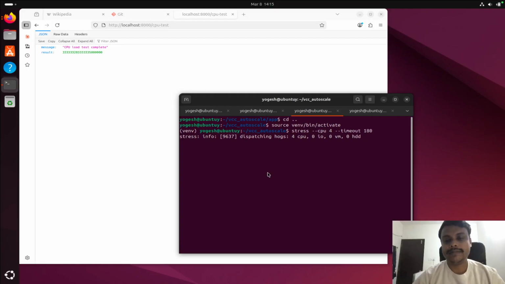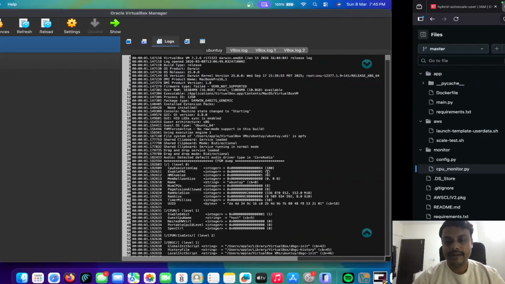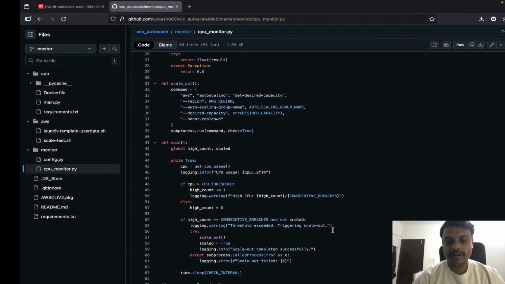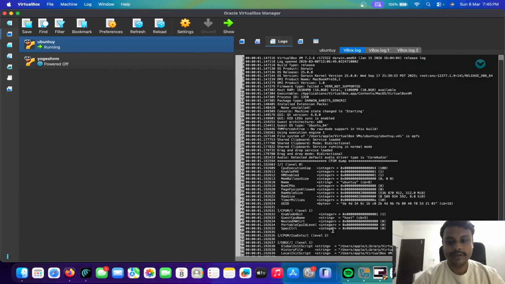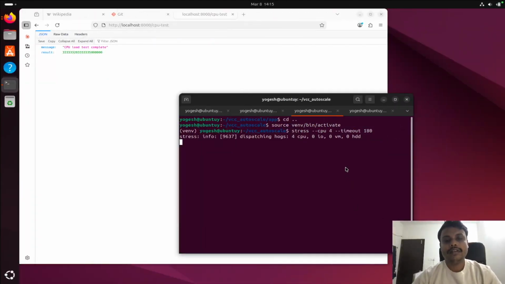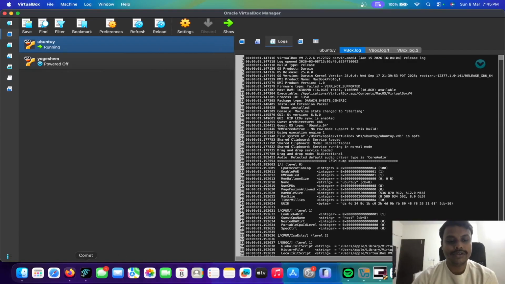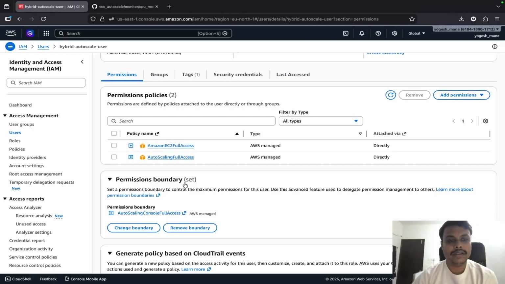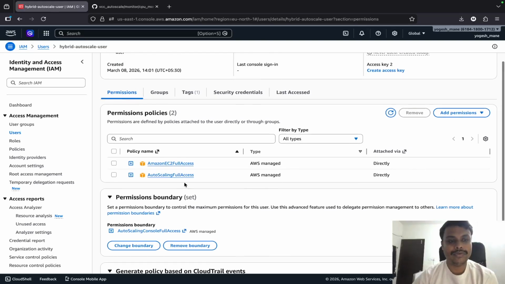So now stress has been started, and we can see here it will take nearly about 2 minutes. Once this is done, then it is going to go towards that AWS server. It will call that specific one, and here we will see